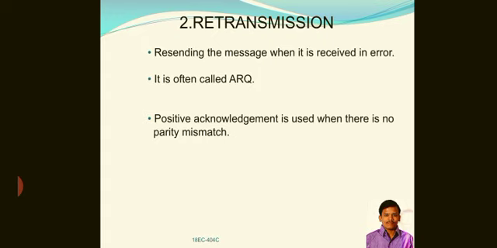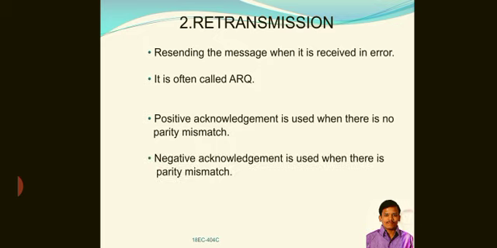In this, positive acknowledgement will be used when there is no parity mismatch. Means whenever received data is correct without any error, then acknowledgement will be used, which says that the data is correct without any errors. Negative acknowledgement will be used when there is a parity mismatch, as we told just now.